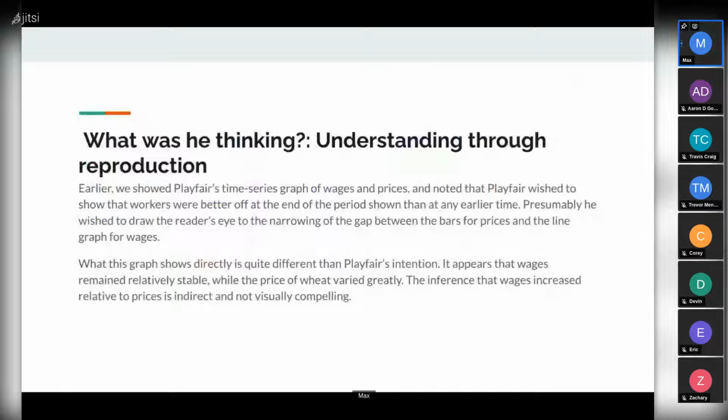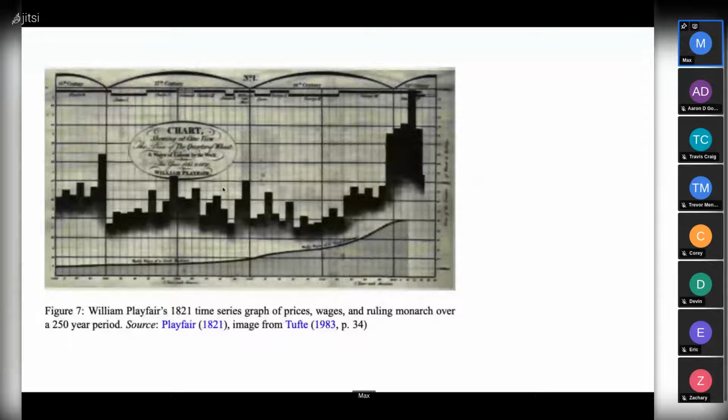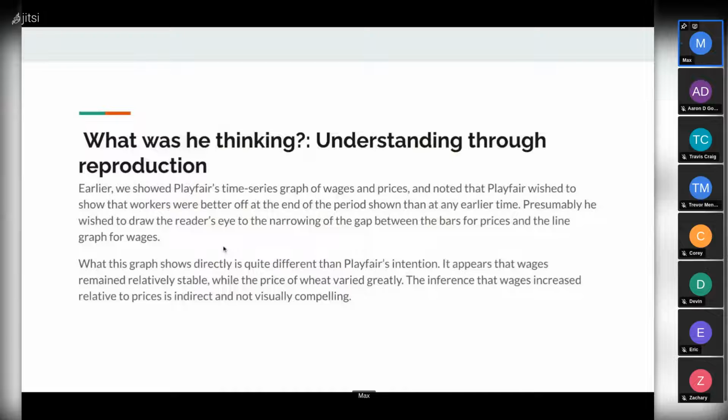And then one last thing is, one of the points of this is just to try to understand what people were thinking at the time. And they talk about Playfair's time series graph of wages and prices. He wished to show that workers were better off at the end of the period shown than at the earlier time. Presumably, he wished to draw the reader's eye to the narrowing gap between the bars for prices and the